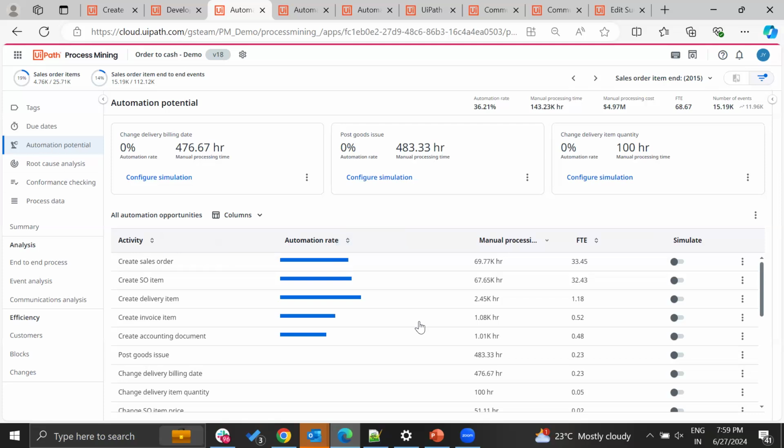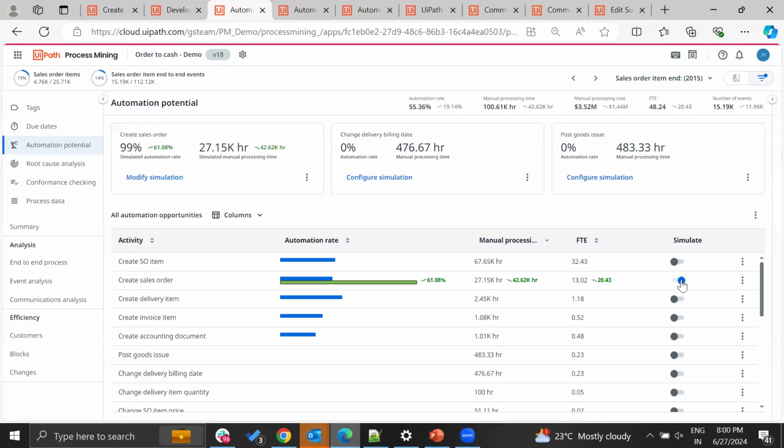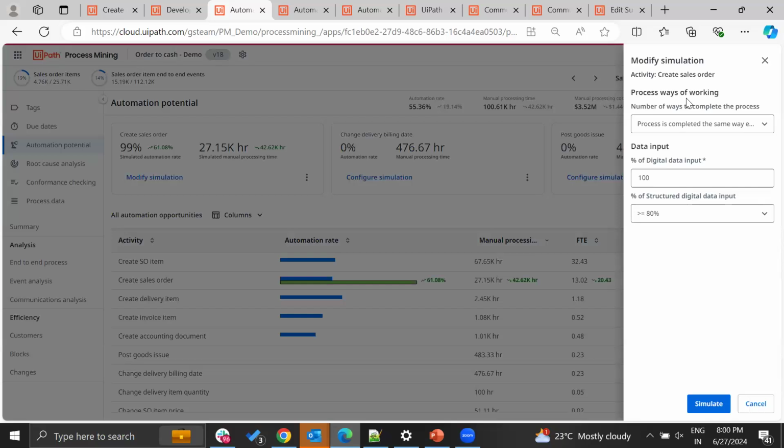And this dashboard gives me an option to do the automation simulation. This is the toggle that you can toggle on, and because I already did the simulation, it automatically took me here. Otherwise, it will take you to this screen where you have to answer a few of the questions, and based on your response, it will generate